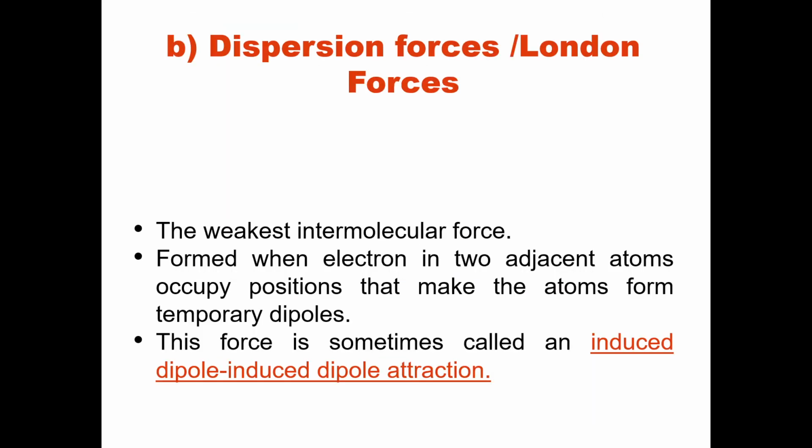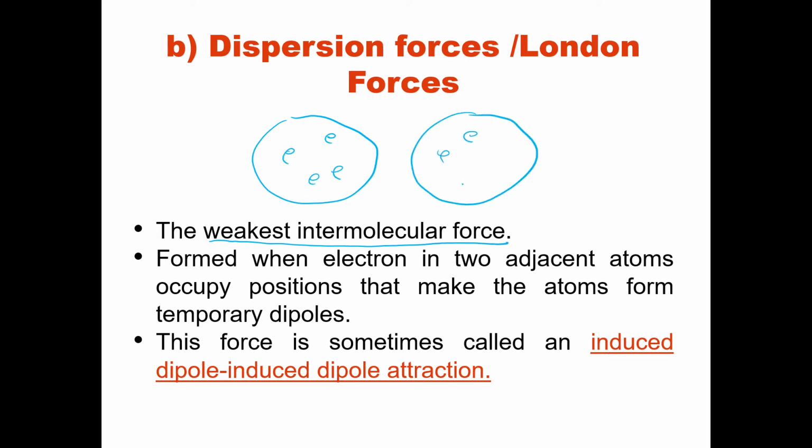Okay, this one is London force or dispersion force. Weakest intermolecular force, yang paling lemah. Form in two atom, where the distribution of electron is equally. So kita tahu electron ni sentiasa bergerak-gerak. Pada satu masa tiba-tiba elektron ni berkumpul pada one side. So semua akan jadi this side. So bila pada one side, distribution of electron